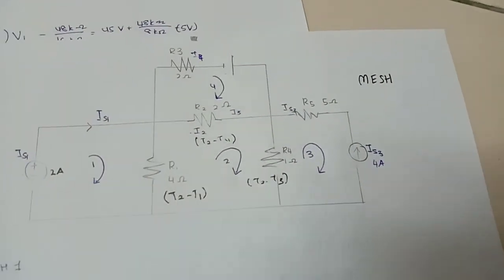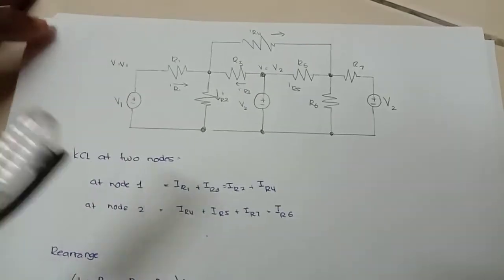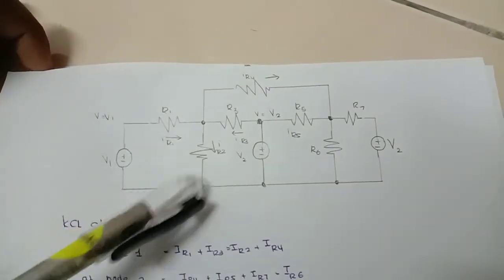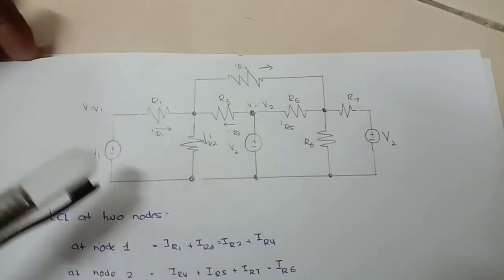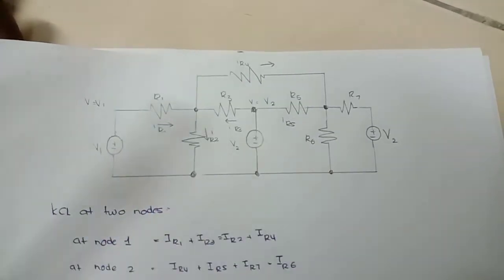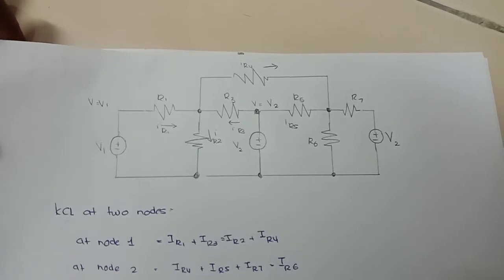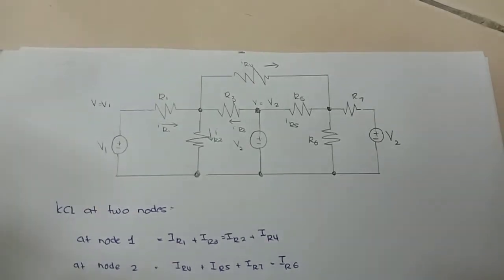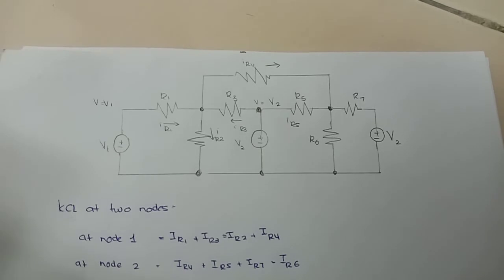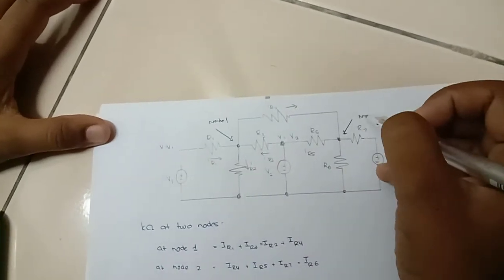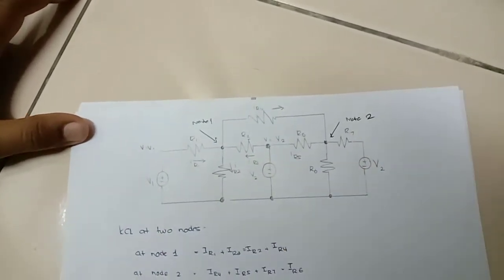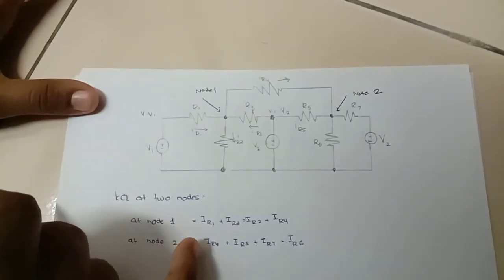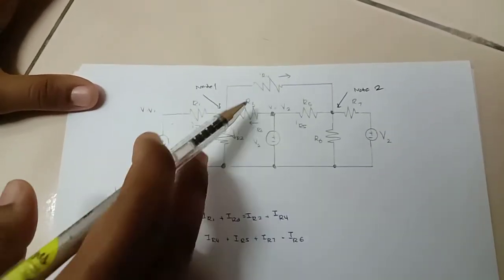question. Okay, now we are looking at the second circuit. This is also a parallel circuit, and this is way more complicated than that. It looks like that. So first we have to find the KCL at both of the nodes. So for node A, this is our node A, and this is our second node. So for node A, our equation is IR1 plus IR3